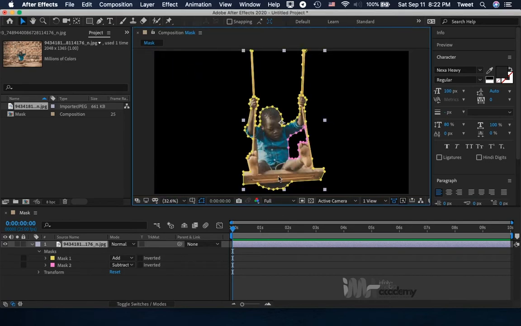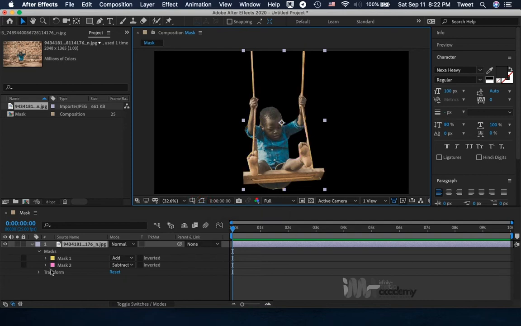The next thing we want to do now is to remove this yellow and pink mask you can see on the screen. It's creating a distraction. We don't need it anymore. So what you can do in that case is come to the composition screen area you can see here, and you see this blue option that is selected. You have to disable it, and that option is saying toggle mask and shape path visibility. Once you toggle it off, it will remove the visibility of the mask part that you can see now,